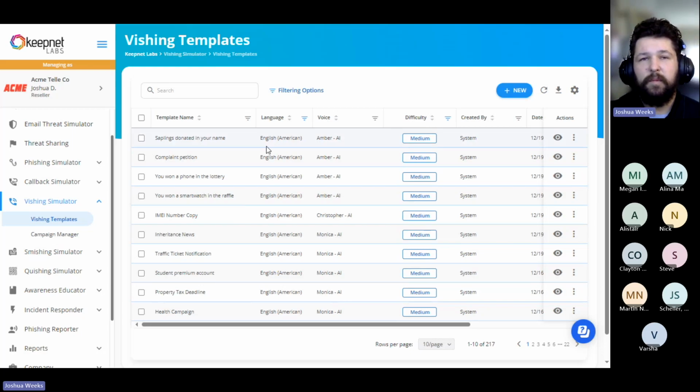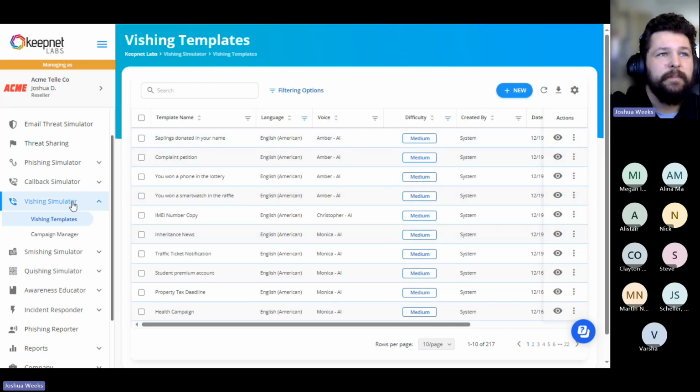Just some brief information about the Keepnet Labs platform. This is a SaaS run platform, so if you do choose to implement our solution, there's no need to download any hard files or any programs. Getting set up on this solution is pretty seamless and easy to do. We're fully API driven as well, so if you have your own LMS or your own reporting depot, if you will, we are fully API integratable and able to pull data any way that you need be.